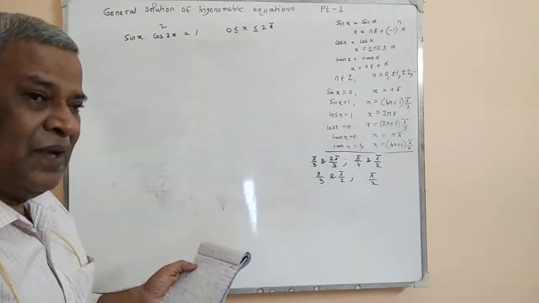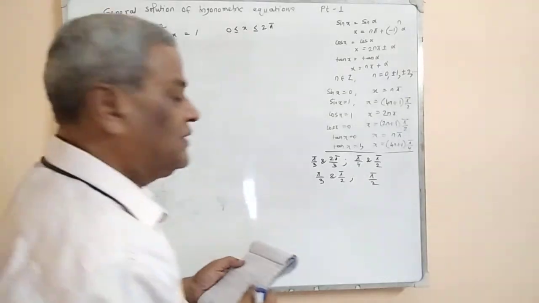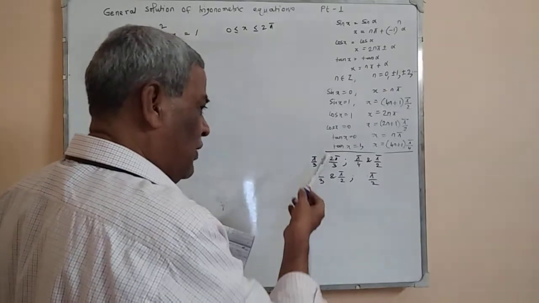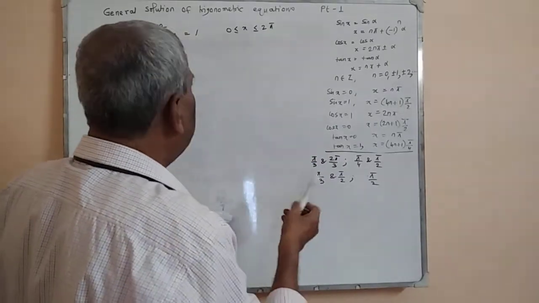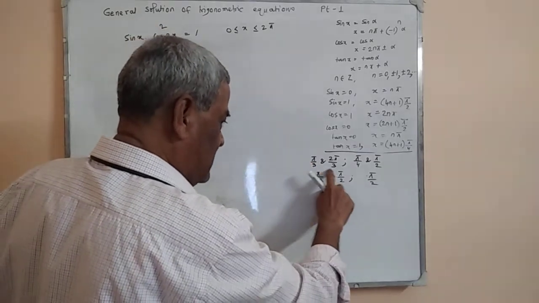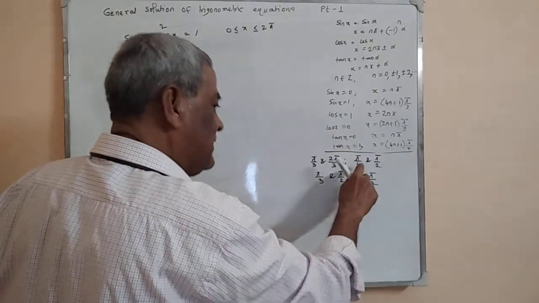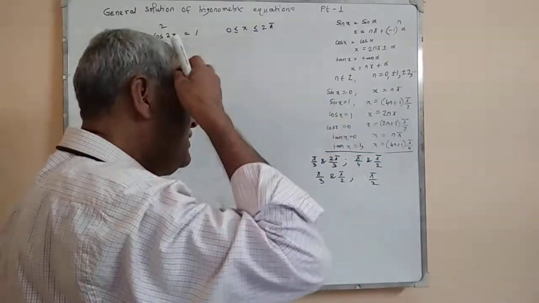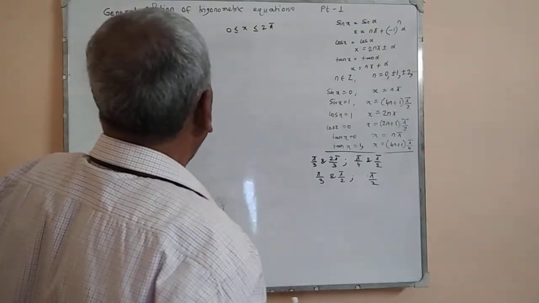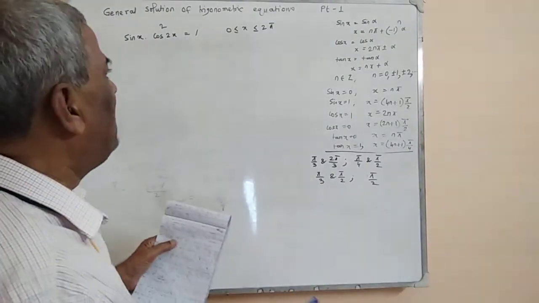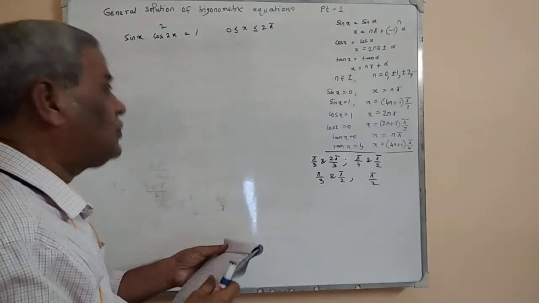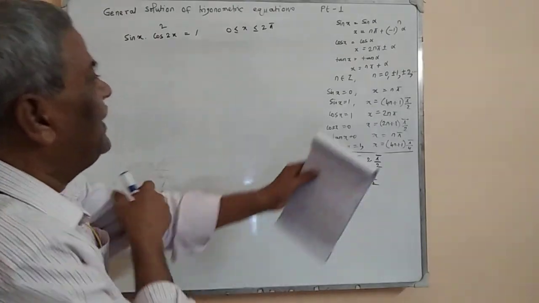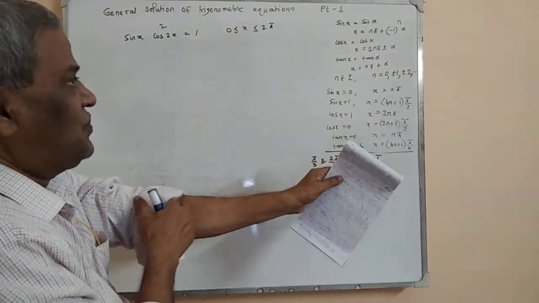For a general solution, there is a way that you test the options. It is called option test. If you take the value of x, first this, if satisfied, this is the answer. Otherwise, take this and that, put it there, if it satisfies, okay, and so on. This way you can do that. So it is called option test. But this is not always wise, because it may take so much time.